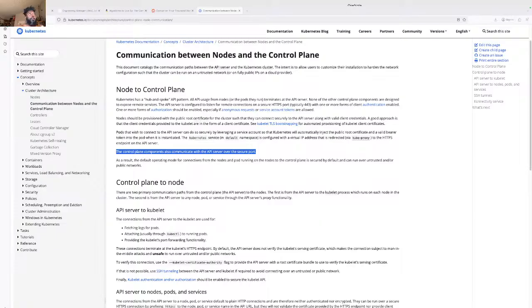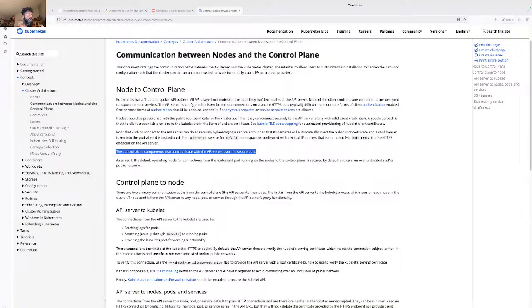I'm thinking the API server, control plane. I'm not understanding what that is. The API server. And so we're going to say the first is from the API server to the kubelet process, which runs on each node in the cluster.